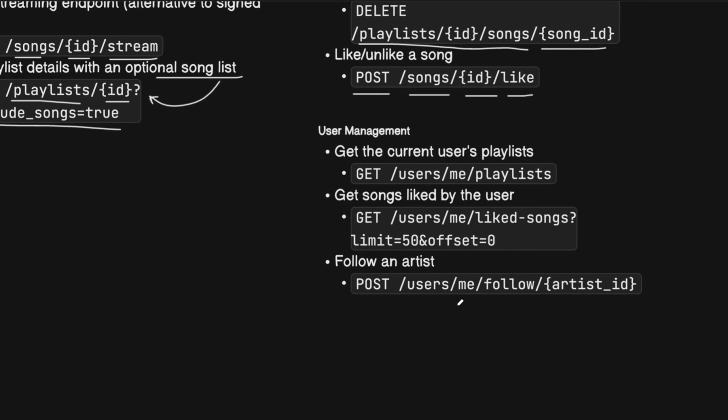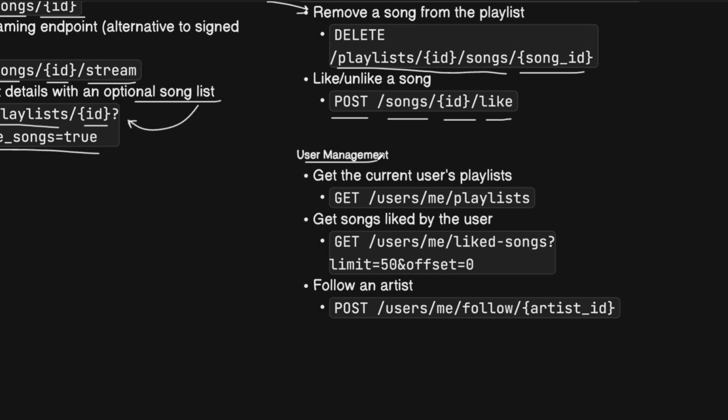And lastly, we'll need some way to manage the users. For example, we will need to fetch the current user's playlists with some request like GET to /users/me/playlists. And we can also limit this with some limit if the playlists are too many for the user. Similarly, we need the songs liked by the user. So here they are adding it to their favorites. Here we can use like